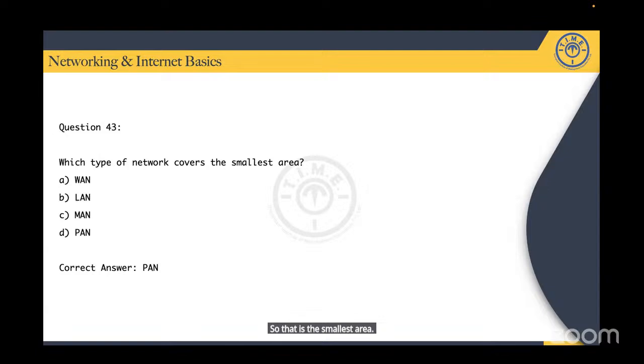Clear? So the next one is LAN, local area network. It covers a building or an office or a lab. MAN is a metropolitan area network. It covers a city. WAN is a wide area network. It covers a country or continent, right? So the range, if you go with the range, yes,